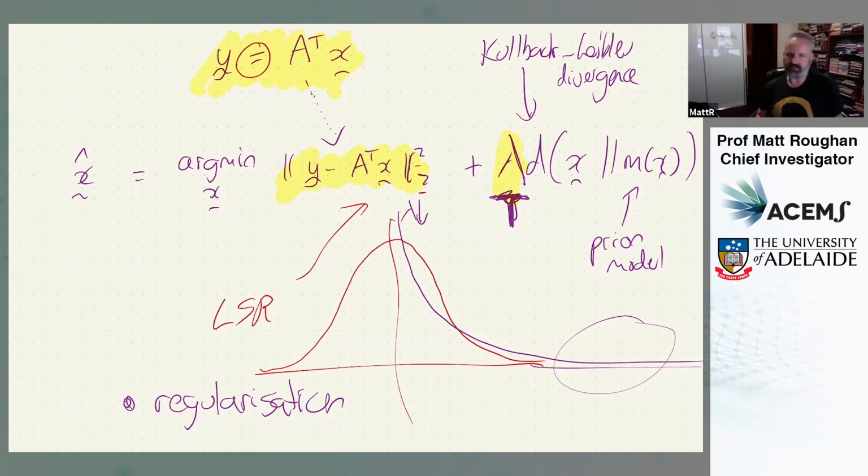If, on the other hand, I think there's a really big error term in here, then I want to emphasize the distance, I want to emphasize the prior, because I'm a bit worried about my data. I hope that my prior will do more regularization. And in that case, I want to have lambda being big. So there's a clear problem that choosing lambda could be an issue if you don't know how big your errors are a priori.